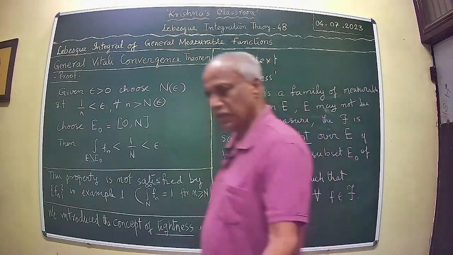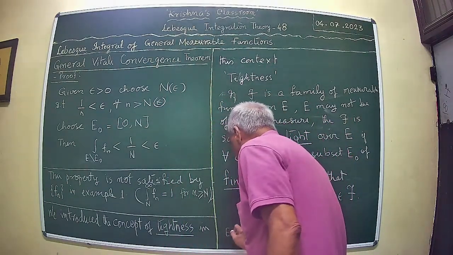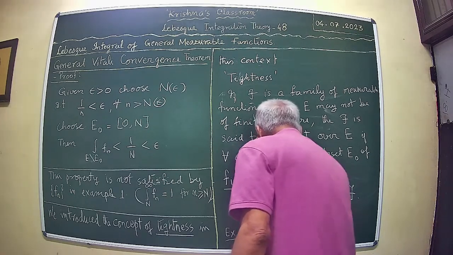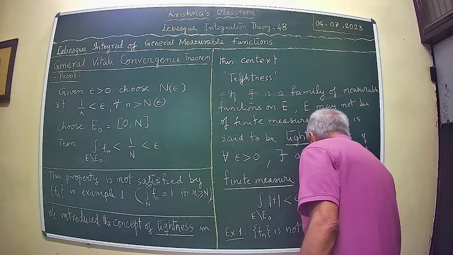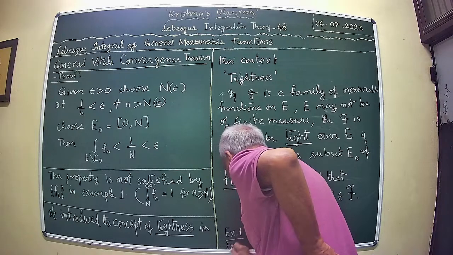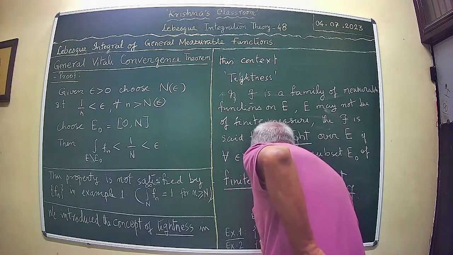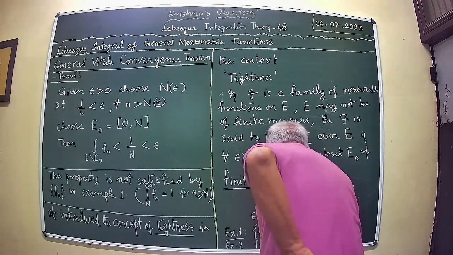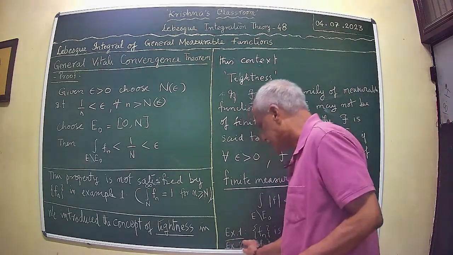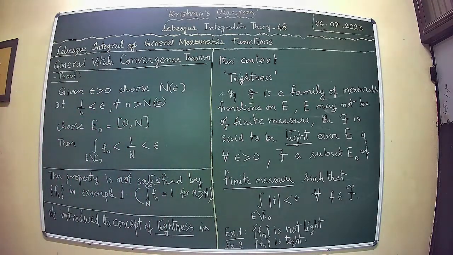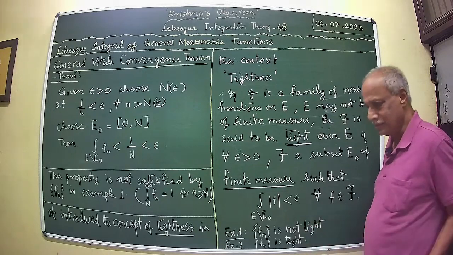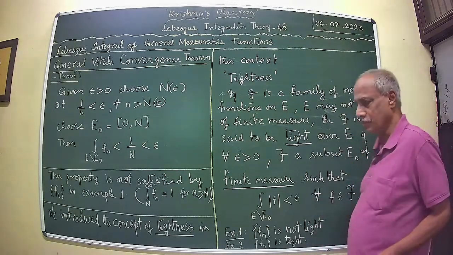Now this is the tightness criteria, and you can see that in example 1, Fn is not tight. Whereas in example 2, okay, therefore possibly if you assume this tightness we may be able to prove the Vitali convergence theorem. Okay, so you don't have a free passage to the general case. Some additional assumptions are to be made. That's what it is. Okay, so